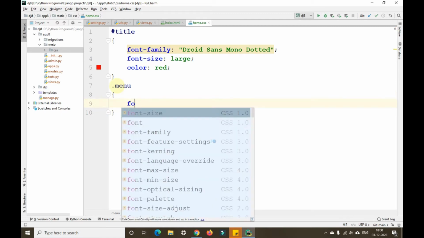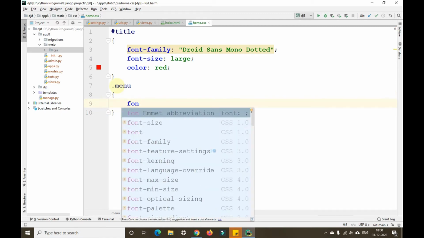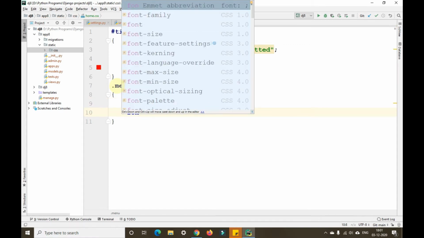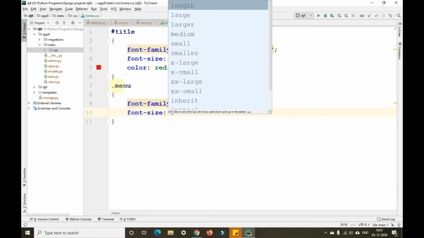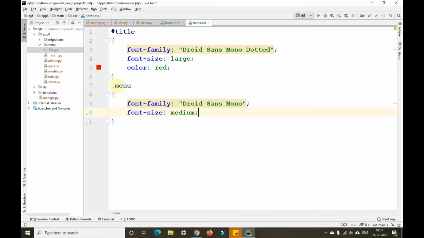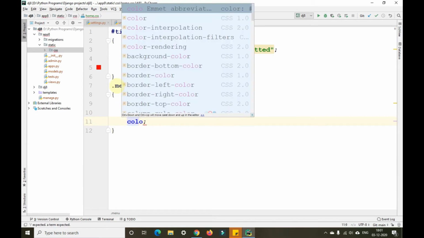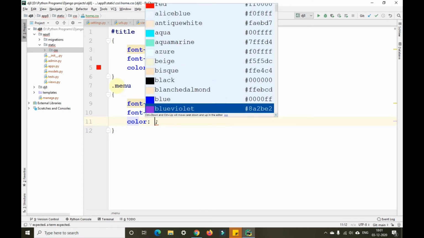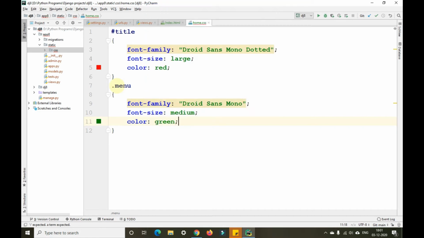In this I'll give font family as Droid Sans Mono, something like that, and font size. Here we have given large, so we'll give medium here because the title should be large and this should be something small here. And we'll give the color as green or something like that. Okay.